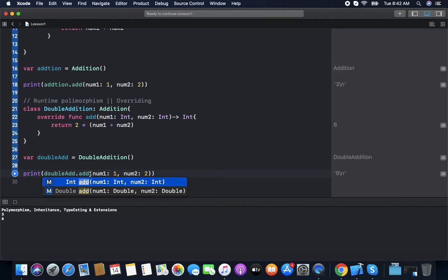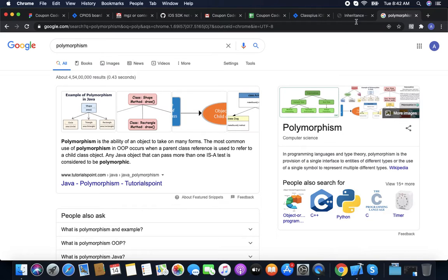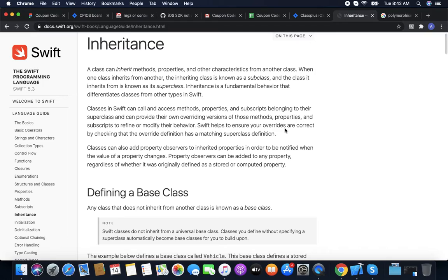So now we want to know about what inheritance is. So we go to pseudo. A class can inherit methods and properties of another class. Correct. When one class inherits from another, the inheriting class is known as the subclass, and the class it inherits from is the superclass.